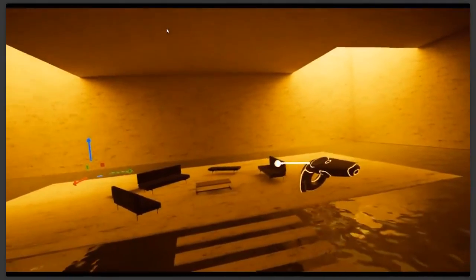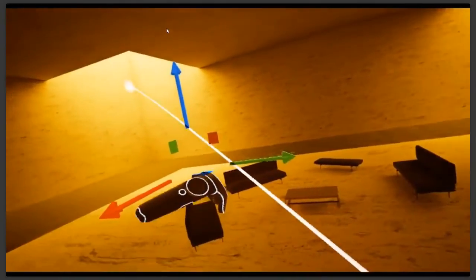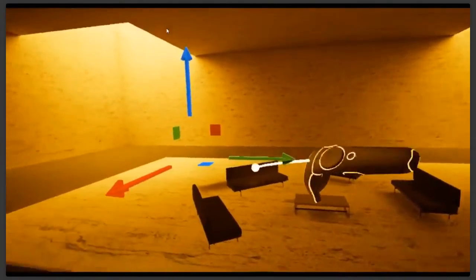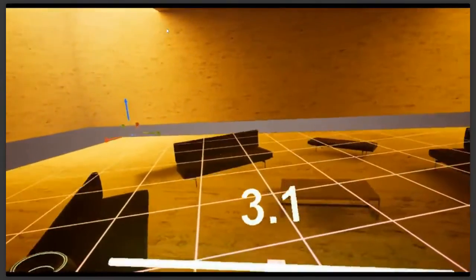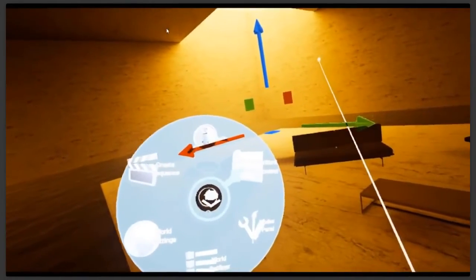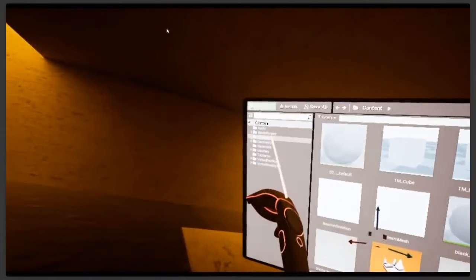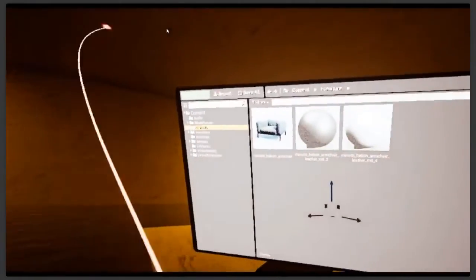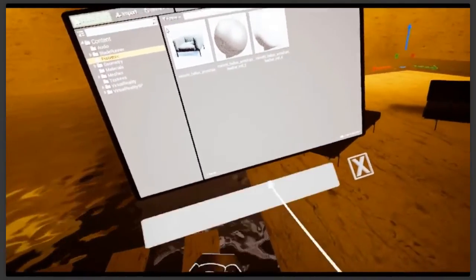As you can see, I'm kind of struggling a little bit. It certainly takes time, and it doesn't always work. For example, at the moment I can't select my objects. So let's see, for example, if I could add a piece of furniture. I've got my content browser here, and I will select my furniture folder. I can just reposition this